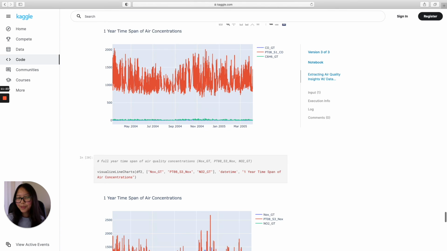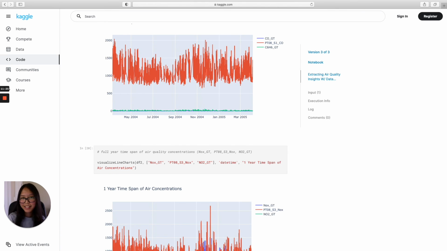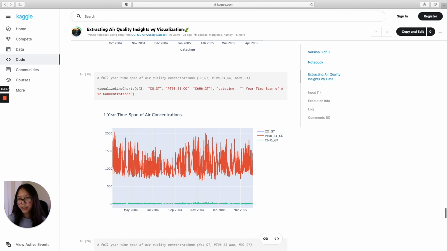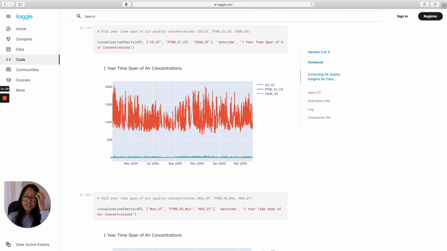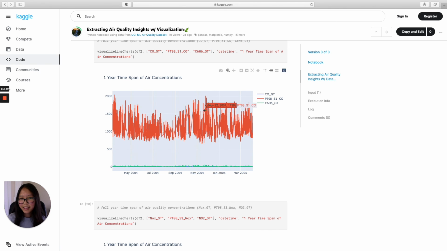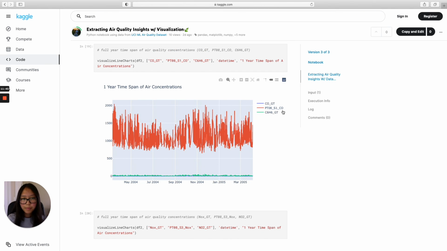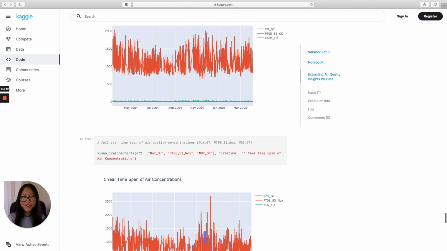Now, they didn't disclose the city that the air sensor was deployed in, so it's kind of difficult here to extrapolate and provide a conclusion for why exactly this is. However, if you are from Italy, I'd love to hear your thoughts on explaining these really sharp increases and decreases throughout the year for air quality in PTOA_S1_CO, which would be really helpful.